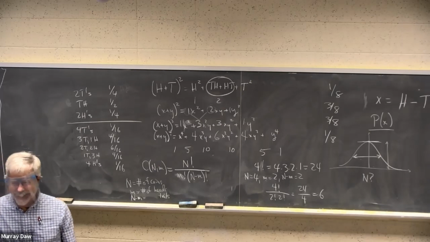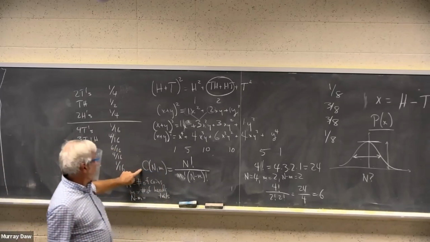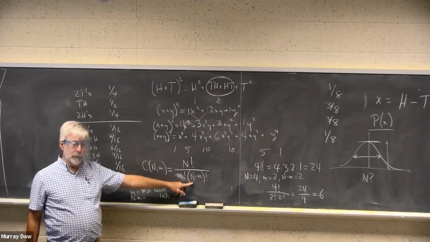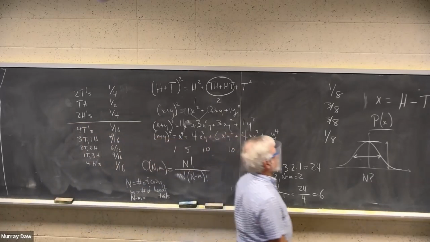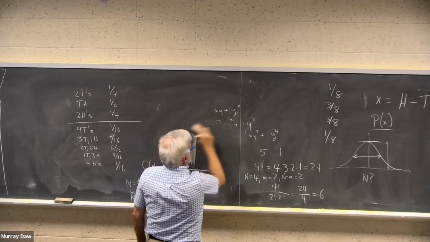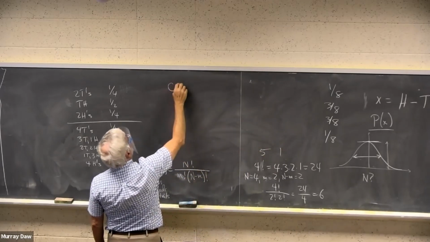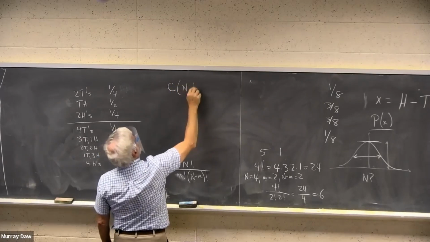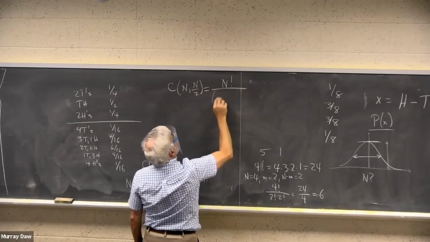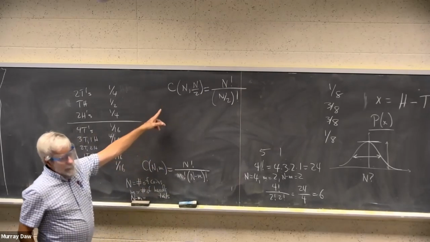I'm trying to think of the max height. That's always going to be n factorial over n over 2 factorial times n over 2 factorial. At peak height in Pascal's triangle, that number, of course, keeps getting bigger and bigger. So it's C(n, n/2). That would be that peak. And this works only when n is even.